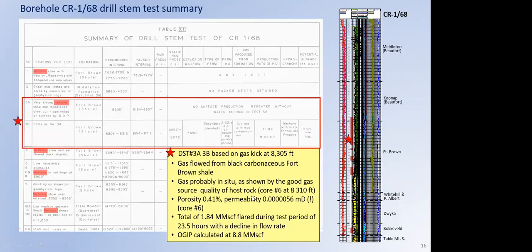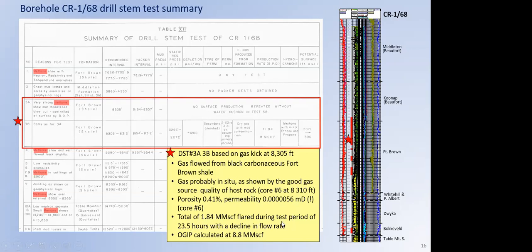2,500 meters. Right. So gas flowed from, and I'm quoting this, the carbonaceous Fort Brown shale. We're up here. The gas is probably in situ. And they mentioned porosity, permeabilities. The interesting aspect is they managed to get a flow rate of 1.8 million scuffs, and it was flared,